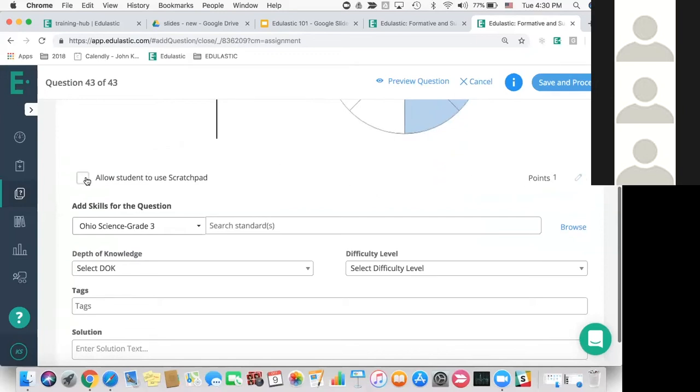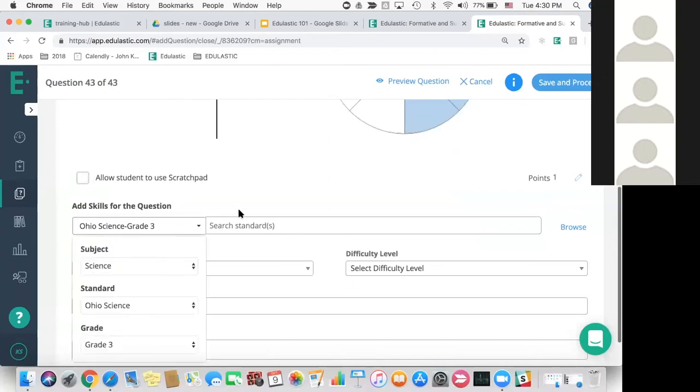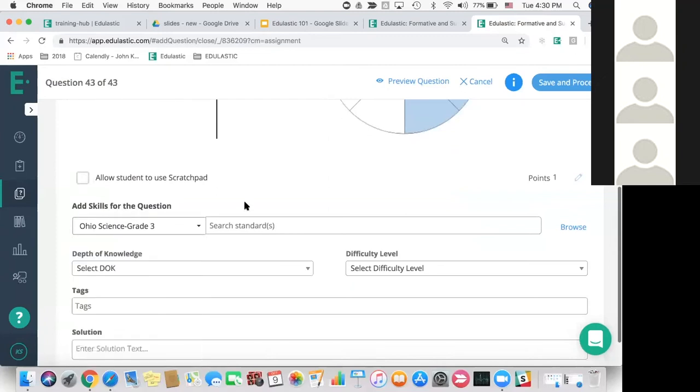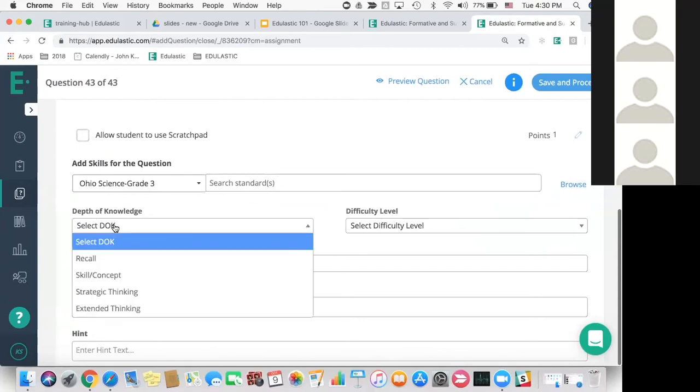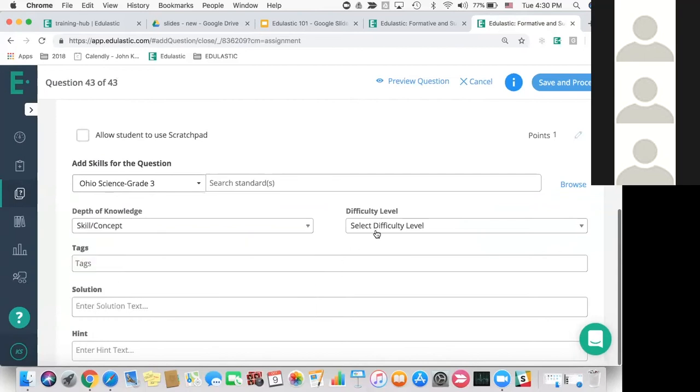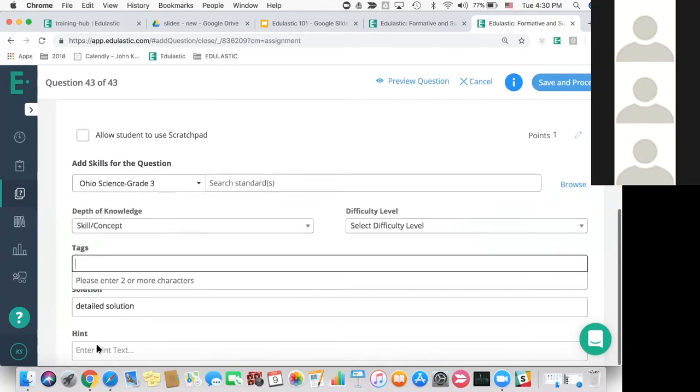We can have students use Scratchpad, which is a notepad feature where they can show their work. You can also select the standards that we want to look at for this question. So we can change them, we can modify them. That's all available by browsing for the standards or by searching just by typing in the standard. You can select a DOK level, difficulty level, add a detailed solution here, add a tag so it's easily searchable,